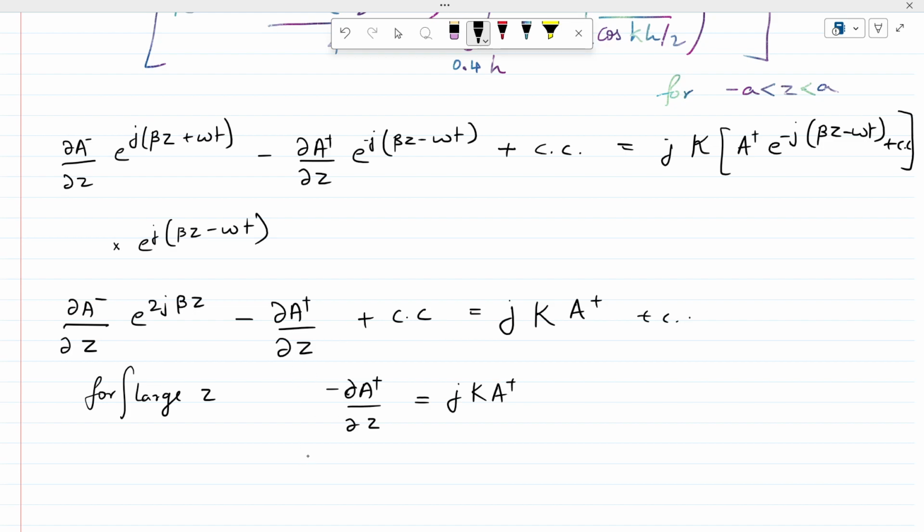And since I am integrating, if z goes from minus a to plus a, what should I get? I will get A plus of plus a minus A plus of minus a, right? And there will be a minus sign, so I will get A plus of minus a minus A plus of plus a is equal to